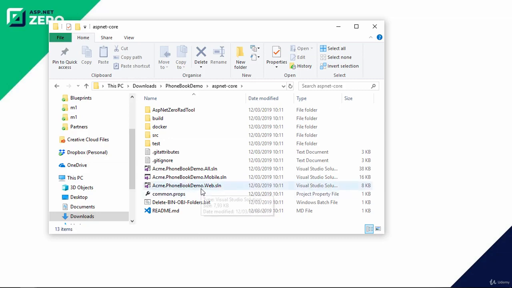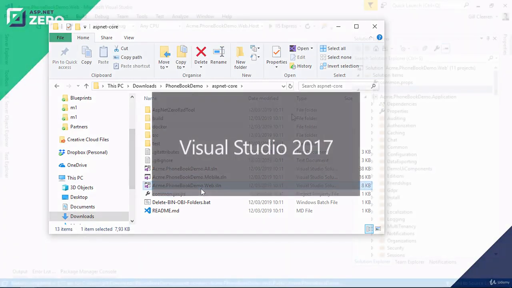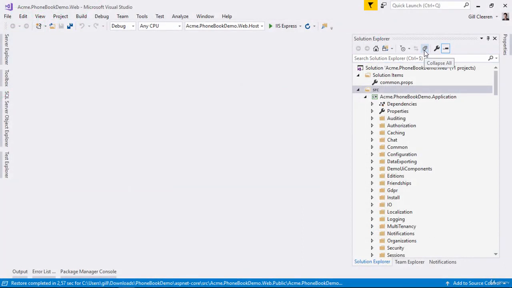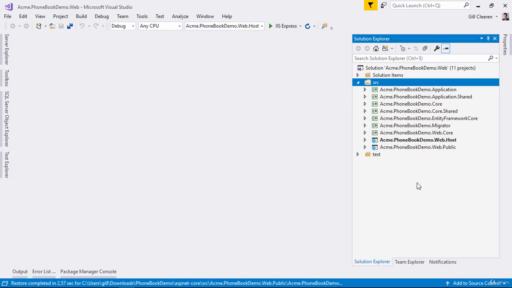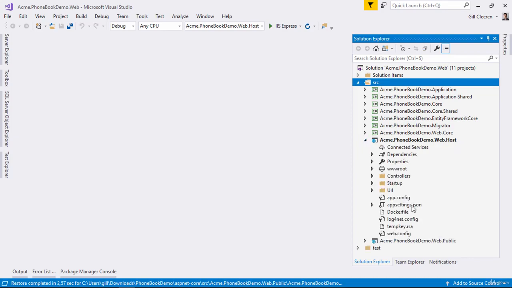So let's start by opening the web solution in Visual Studio. Let's collapse everything here. And under Source, we'll see a couple of projects, including the web host. Make sure that web host has been set as the startup project. The web host is really the API that the Angular application will be talking to. So that is basically the executing application, and that also means that we need to specify the connection string here